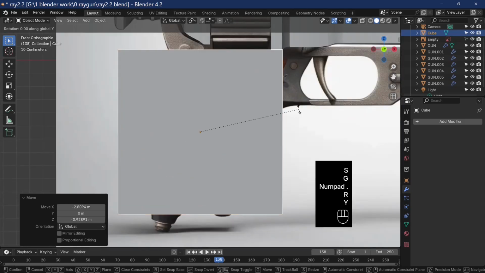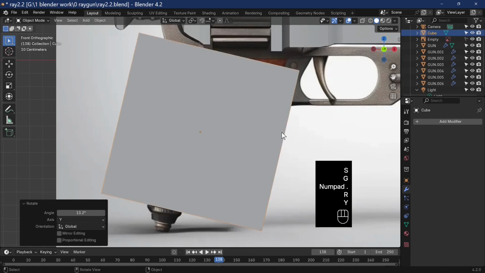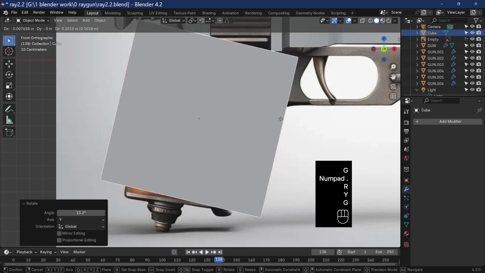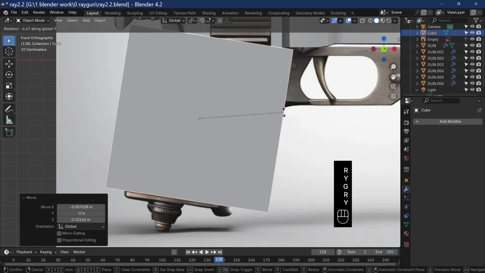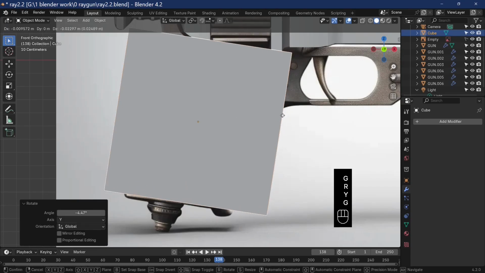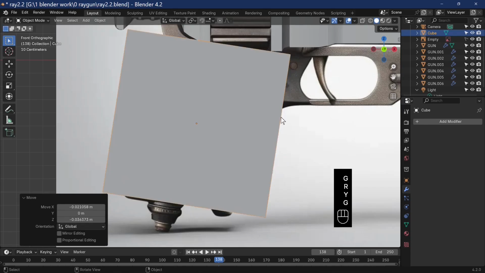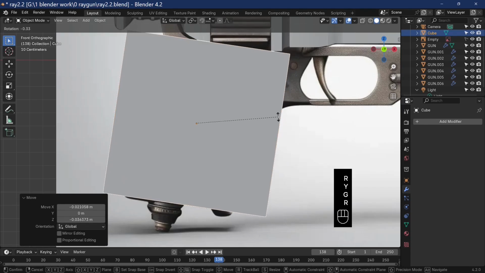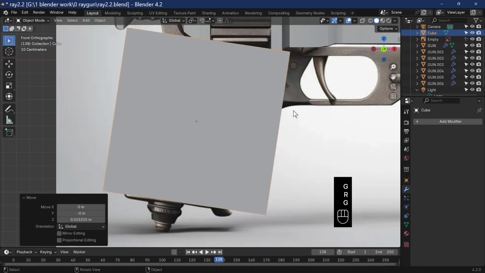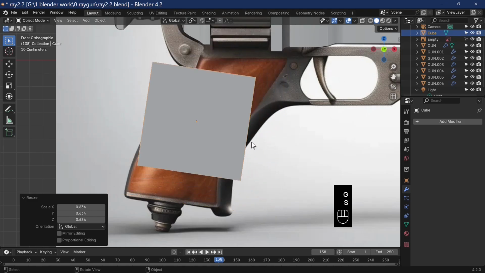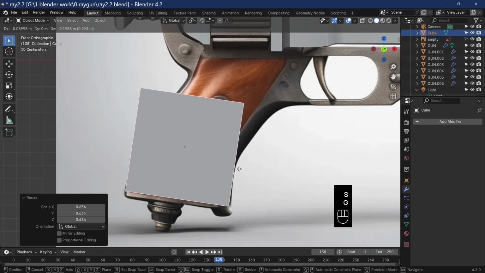I'm just going to rotate this on the Y. So what I'm doing is just following the angle of this, rotate on the Y until it's the right angle. So just put it slightly above our line, G, because we want it to actually pick up the textures of our gun. So scale it down until it's the right width